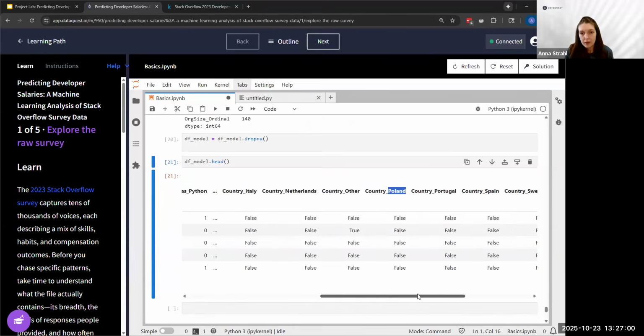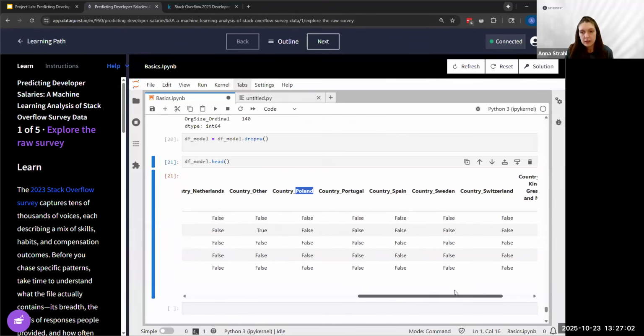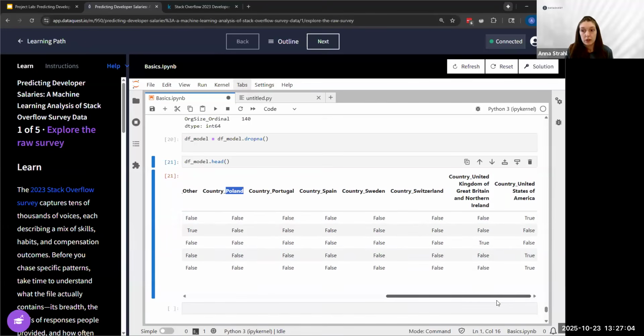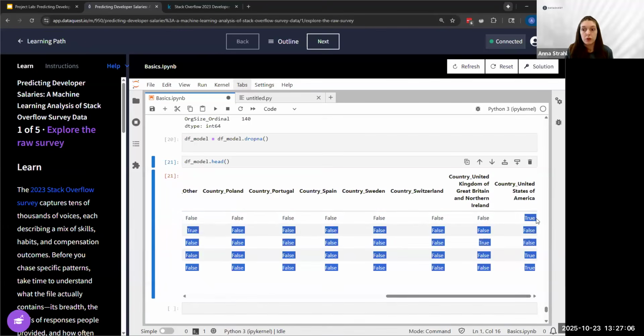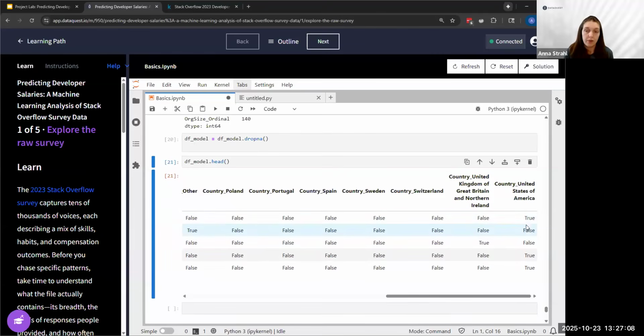And the great thing about this is we get to keep the information of what the value is for that row of information. So this person, their country was United States, and everything else is false because their country value was United States.